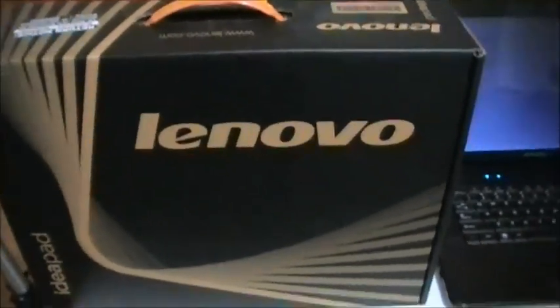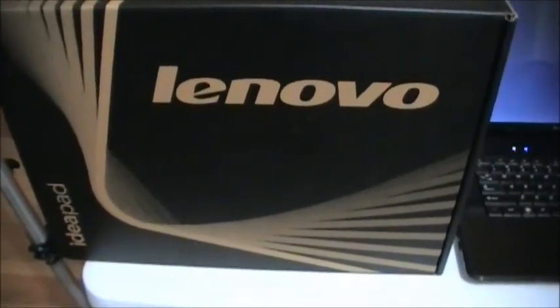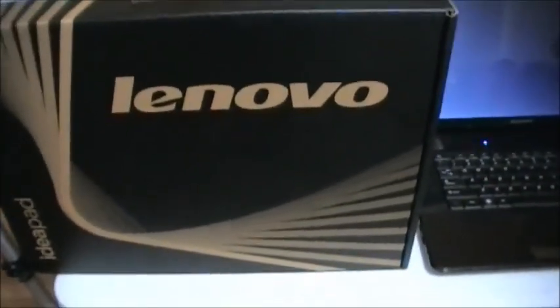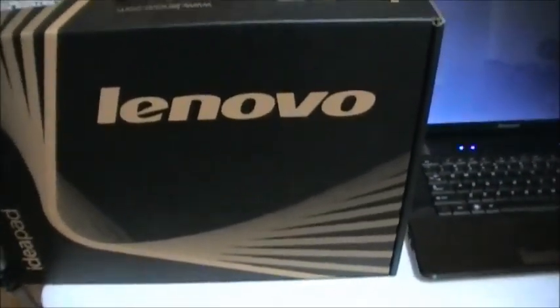So I decided on the Y560p, but this was during the CPU problem between the Sandy Bridge and the Ivy Bridge, or I think so, the first and second generation. And I was waiting and waiting and waiting, and I was going to buy it, and then I realized it had the first generation CPU. That was the Y560. So the Y560p had the second generation. So I decided to buy it, I went to Fry's, I bought it, and